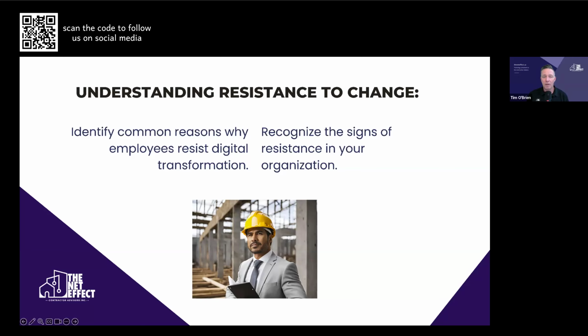It can expose them to not having the knowledge to do it, to not being able to do something. So that fear of change is fairly normal, and you're going to run across that a lot. People will put up all sorts of different roadblocks because they fear change. Digital transformation requires adopting new technologies and workflows, and that can be intimidating.